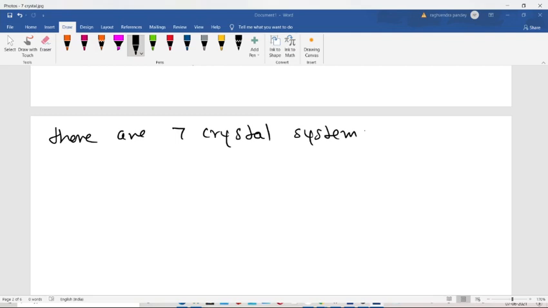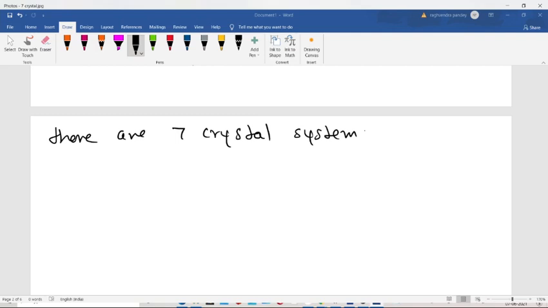Then next is your tetragonal. It is sort of a cuboid, you can say. The length and the breadth are the same and the height is somewhat different. So the height is C here. The angles written over here, alpha, beta, gamma, are the three angles on the XYZ axes, and they are equal, 90 degrees to each other. A is equal to B means the length and the breadth are the same, but the height is not the same.